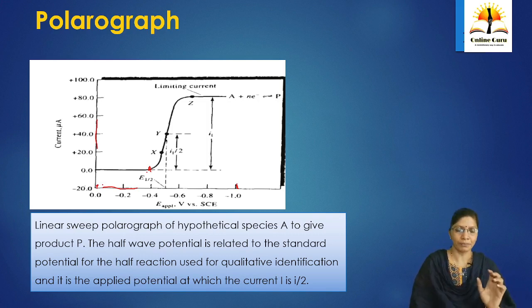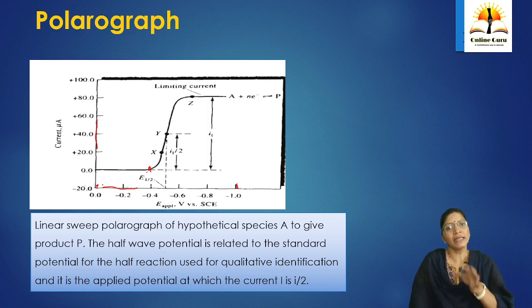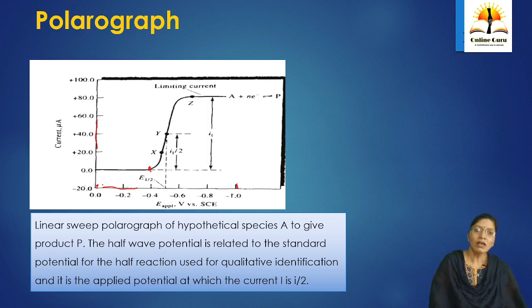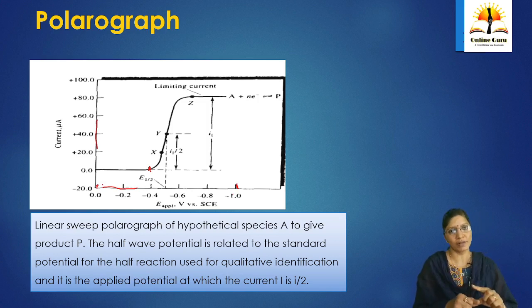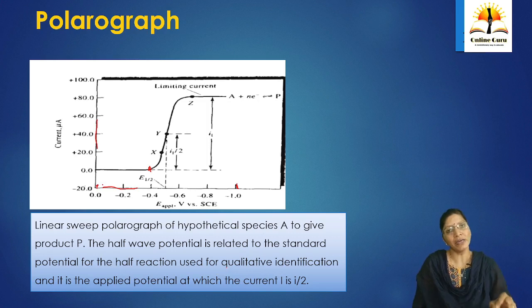At that potential, what happens? Whatever the analyte, it will get decomposed at the electrode, and that gives us Faradaic current. So what is meant by Faradaic current? Suppose we apply a certain magnitude of potential to the electrode system, then the process by which decomposition of the analyte takes place at the electrode, that magnitude of current is called Faradaic current.